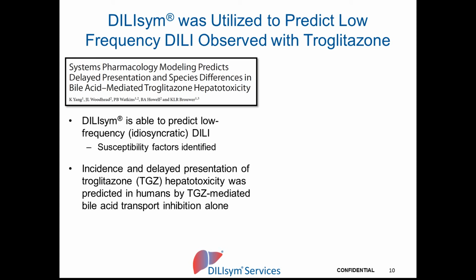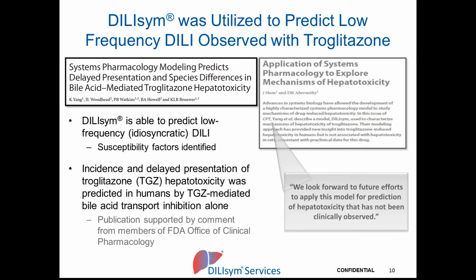And this predicted low incidence of troglitazone hepatotoxicity was predicted exclusively by the bile acid transport inhibition mechanism, which is really quite interesting. I should also point out that this publication was supported by a comment from members of the